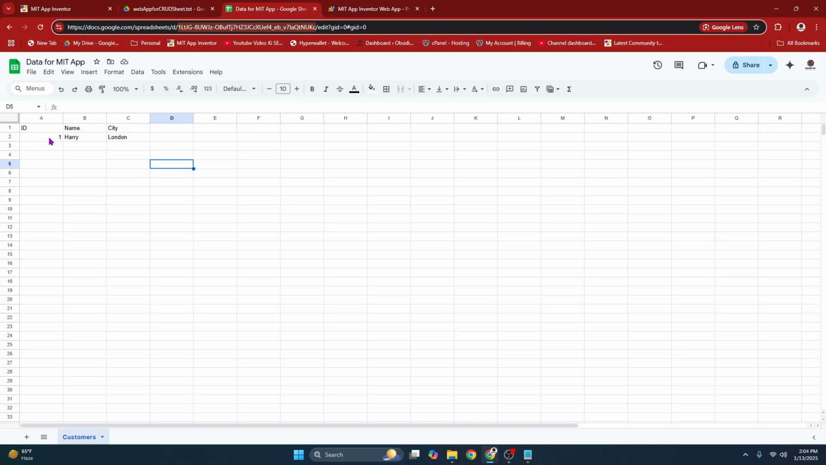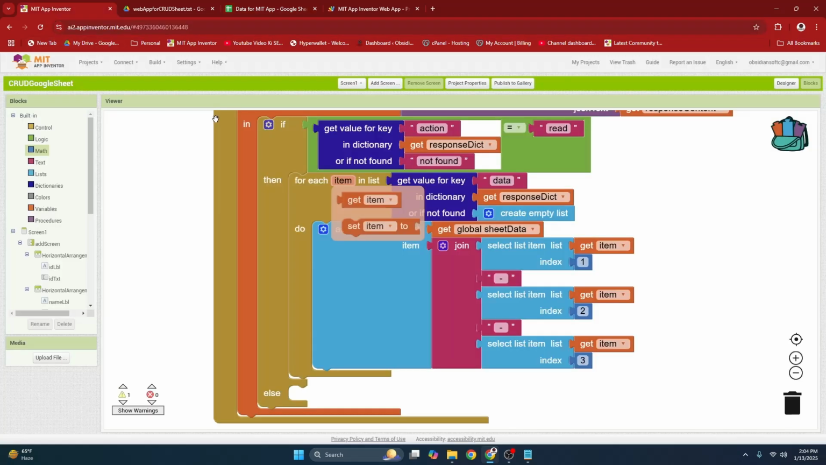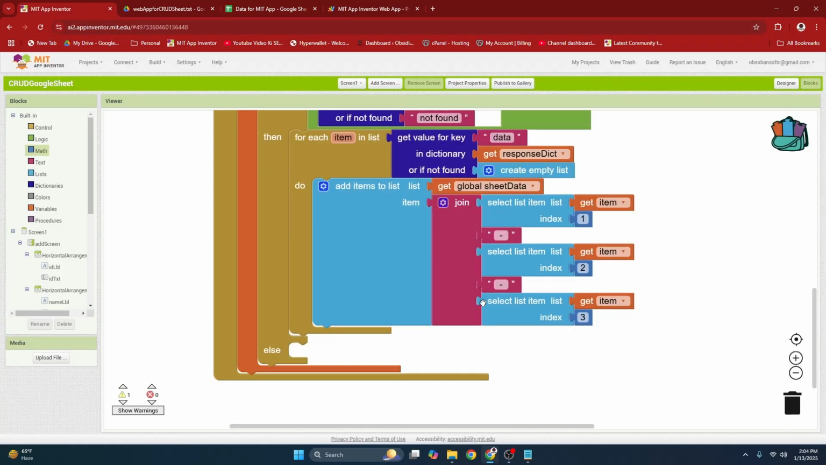The second item or row will have 3 things in it: 1, Harry, and London. So we have to get them at their indexes. ID is at index 1, name is at index 2, and city is at index 3. Okay? After doing this, after we have read this data,